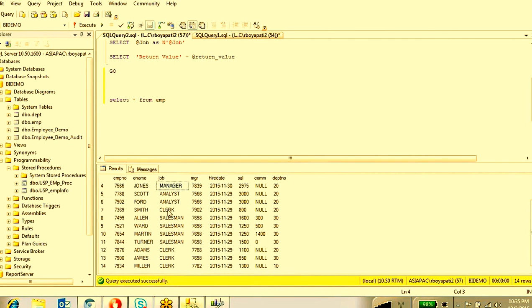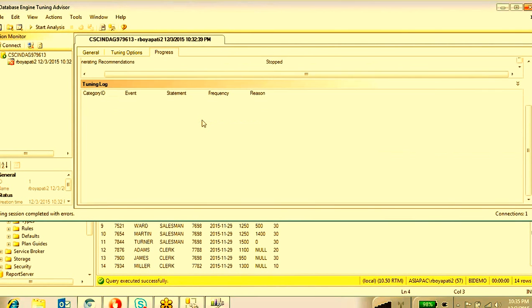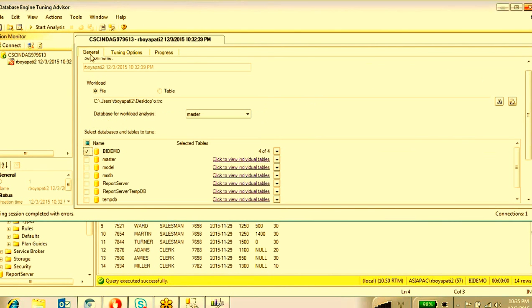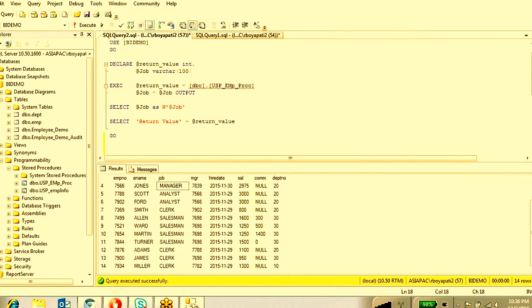So I will demonstrate that Database Tuning Advisor tomorrow with some long, lengthy tables and data. Okay, now Nisha, I will discuss this in tomorrow's session. Tomorrow is the end of this SQL Server part. I will take care of SSIS also tomorrow. Half an hour for SQL Server, and the remaining time we will start SSIS tomorrow. Okay. Yeah, thank you, Ram. Thanks.